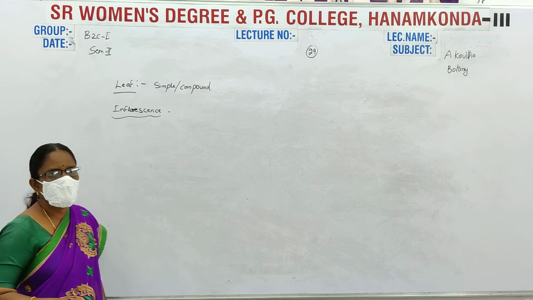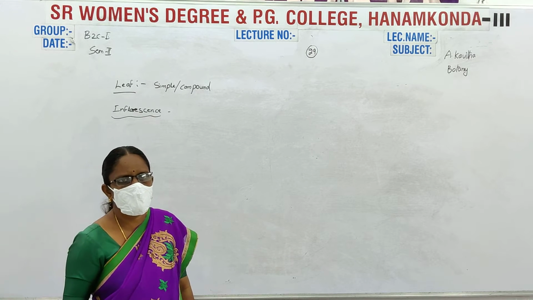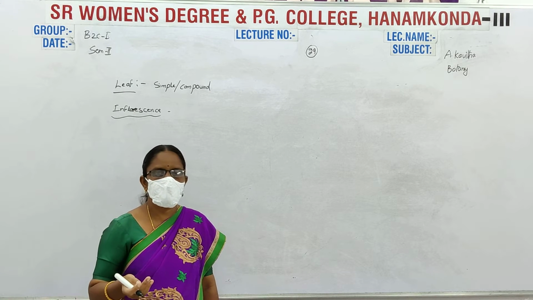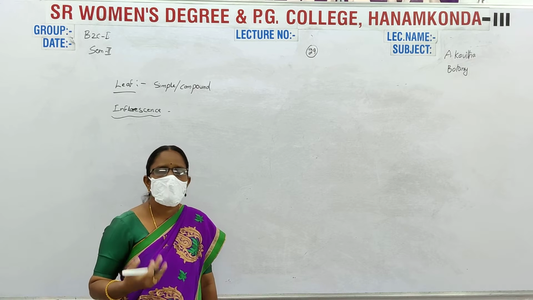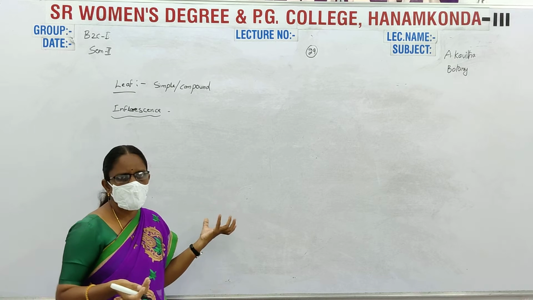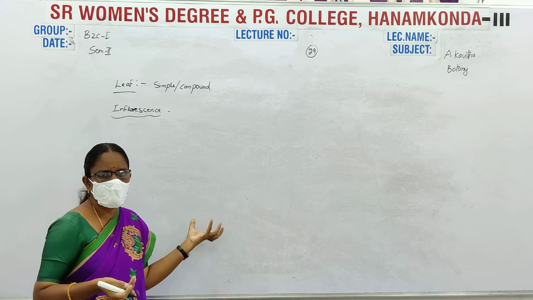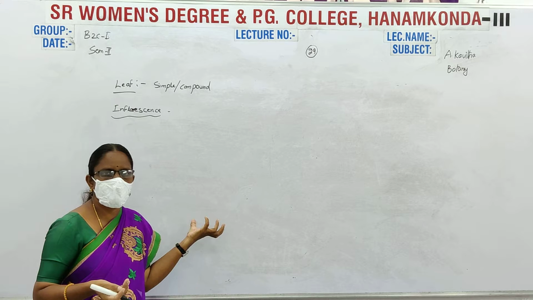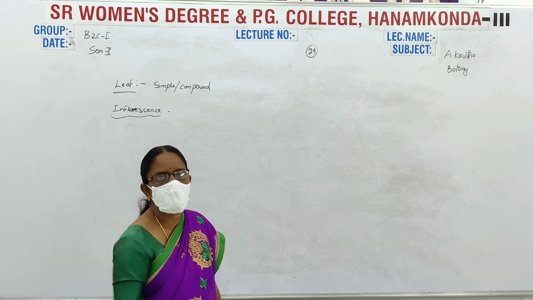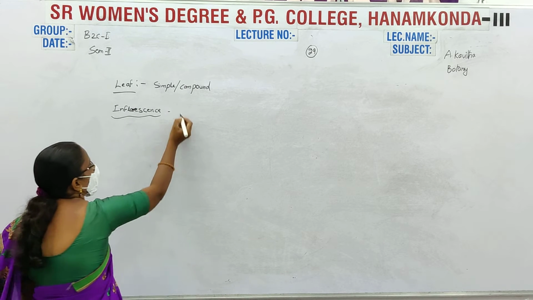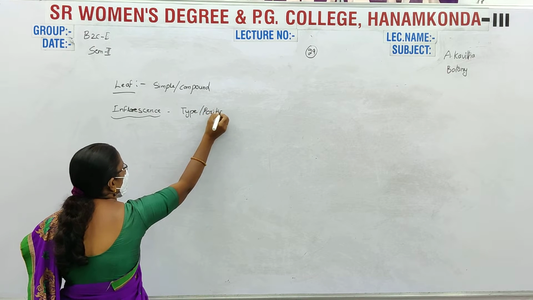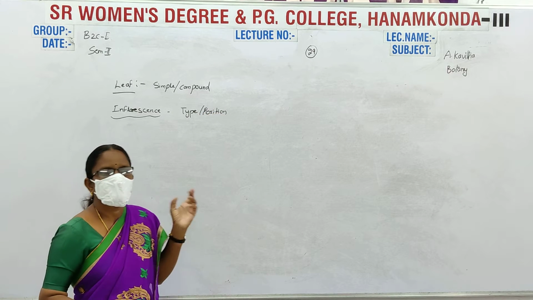Inflorescence. There are different types of inflorescences. For example, racemose inflorescence, cymose inflorescence, mixed inflorescence, and others. Whichever inflorescence it is, you write it. For example, if it is a corymb, you write corymb. Cymose, mixed: these are the different types of inflorescences. You write the type and the position of the inflorescence.